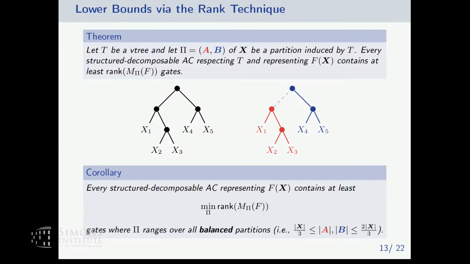Now, what does it mean for a partition to be induced by a V-tree? Well, it means that I can obtain the partition in the following way. I pick an edge in the V-tree, I remove it, and then I obtain two connected trees, and the variables in the first part will be the first part of the partition. The variables in the second part are the second part of the partition. So in this example, the partition x1, x2, x3 on one side, x4, x5 on the other side is induced